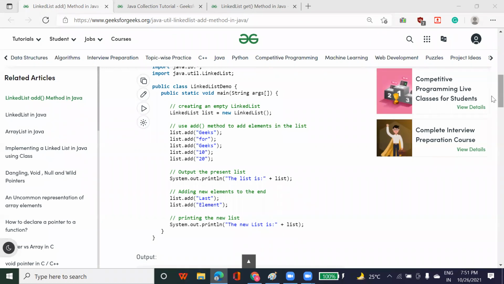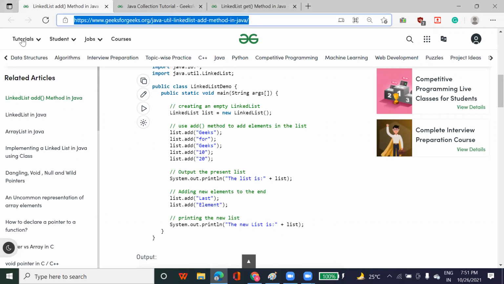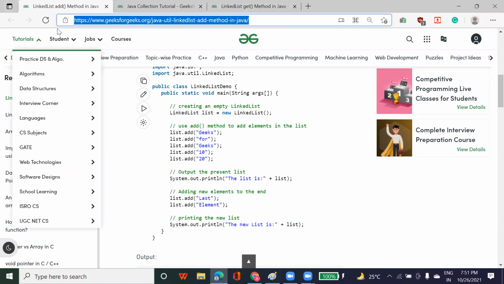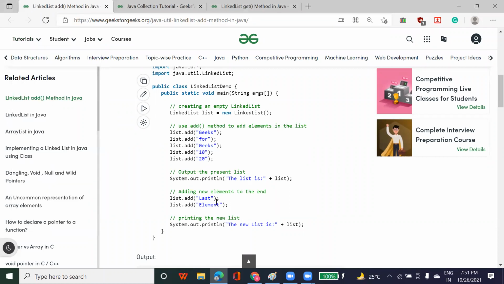So there are two ways we have seen in the linked list. First is how you can add multiple data of different data types with the help of the add function, and another is how to access the element. To access an element, what function are we going to use? I told you, right, what function we use to access an element. Get function? Yeah, correct, get function.